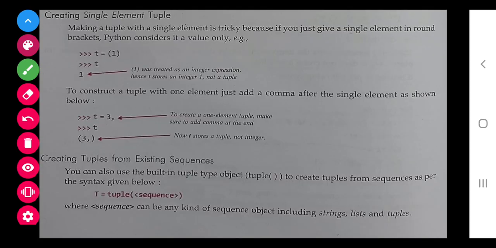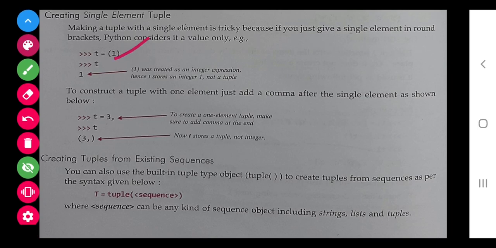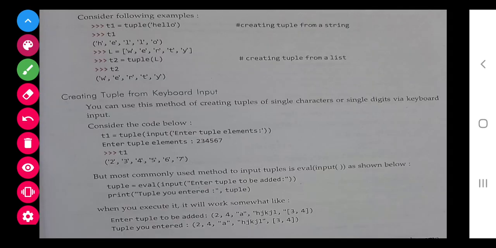Most things are the same. If we write like this, a simple tuple with a single element, it will display like this. But if we write a comma after it, it will form a tuple. This is the difference. One comma should be there.